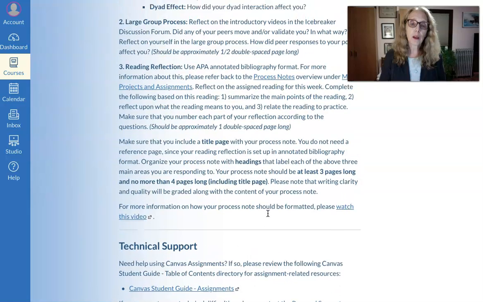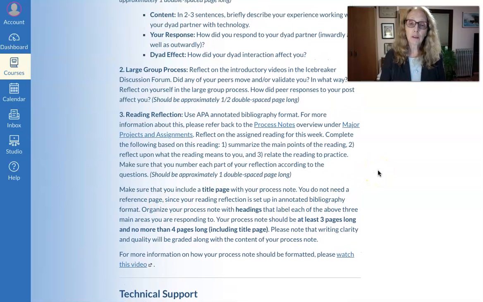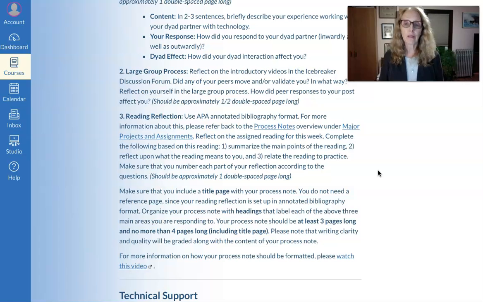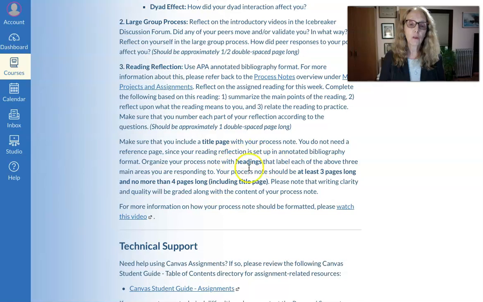So make sure with every one of your process notes you have a title page. You do not need a reference page because the reference in this case only, in this assignment only, for the process notes, at the top of the reading reflection, you will put the reference. And then you're going to use headings 1, 2, and 3,